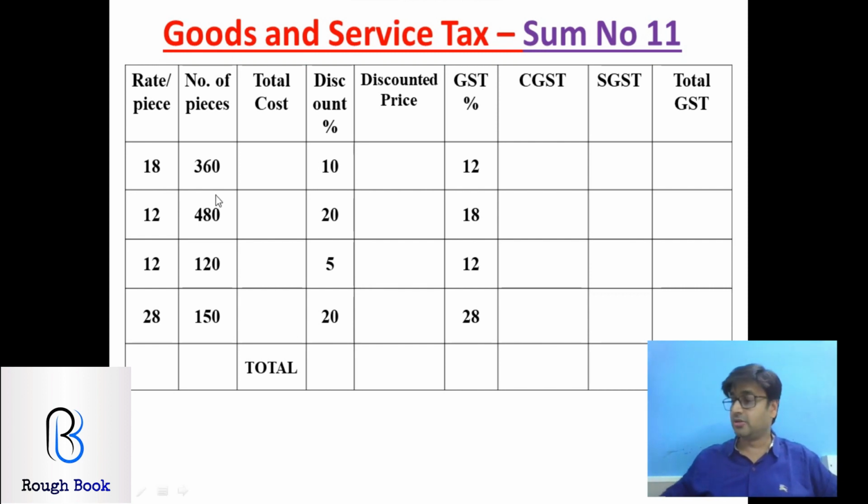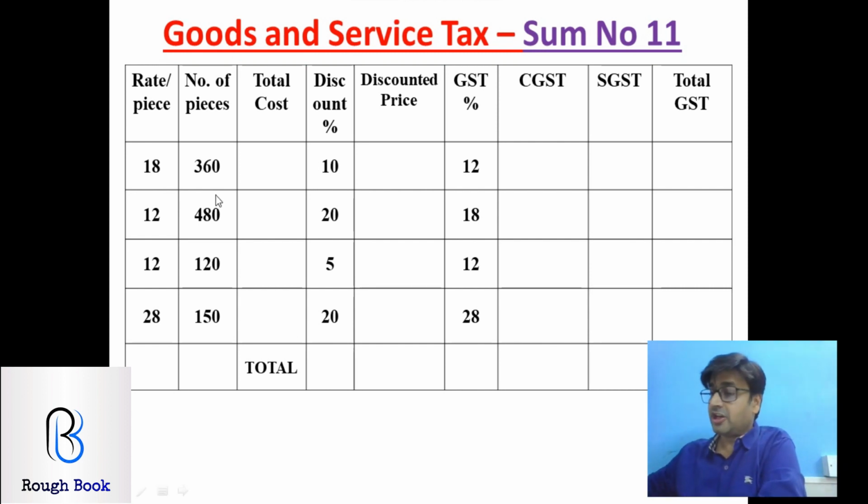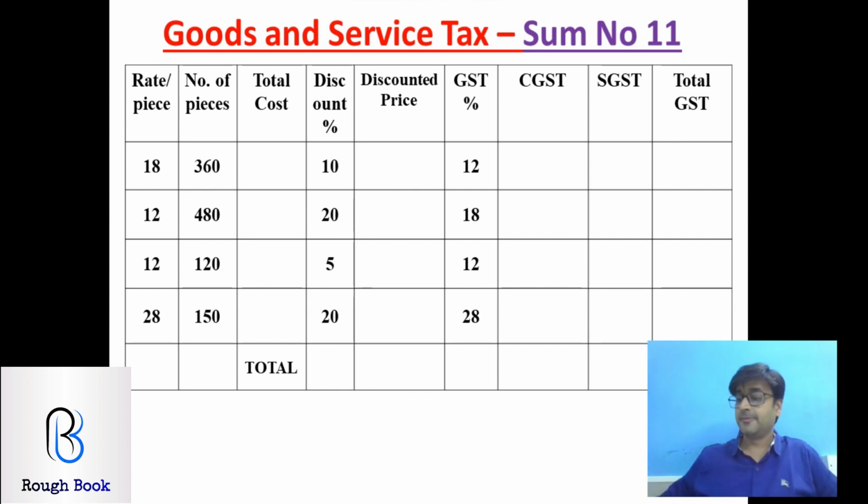So come on, hit it now. First one, 18 into 360. I'm taking a fresh paper, you get extra time. Come on, multiply, get me the answer. 36 into 18. 8 6s are 48, 24, 28, 6 and 3. So 6480. Correct? 48, 8 into 12. So 8 2s are 96, 9, 48 plus 9, 57. 5760.